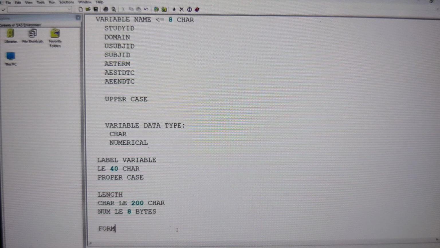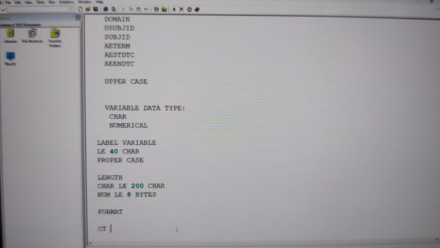And then the format. What is the format you should follow? Certain variables you should follow specific formats. CDISC has proposed some formats. They have given these formats through a controlled terminology document, and this is called CDISC controlled terminology. Right now, we are using CDISC controlled terminology version 5.0, and we are going to download this one. This is in Excel format, and whatever format they suggest, we are going to follow the same format for some specific variables. You should not follow your own control format. We should follow only the format that we have in controlled terminology. We can download CDISC controlled terminology version 5.0 from the CDISC website, and you can use that one.